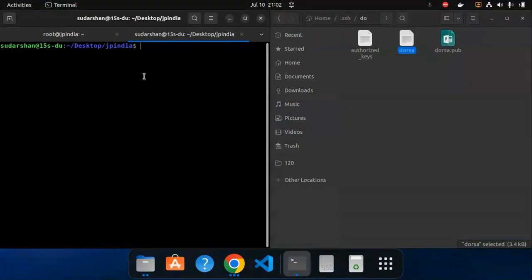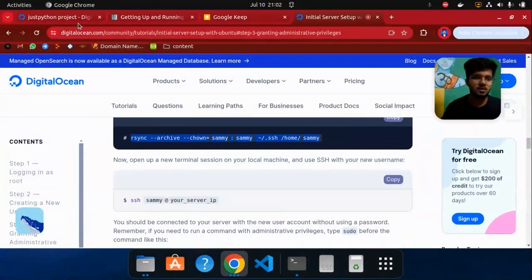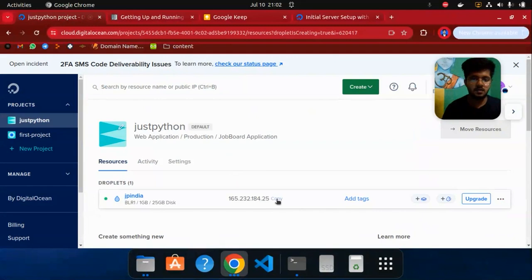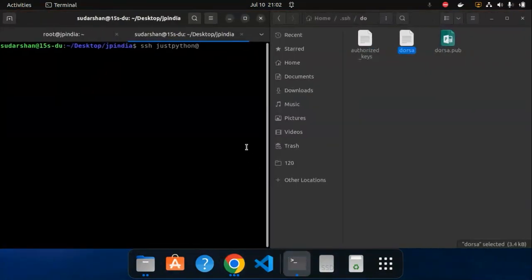We can open SSH now. No, just this is our username. Just Python is the username, and now copy this server IP. Now it will give an error because we have not given this public key directory. So we can give this